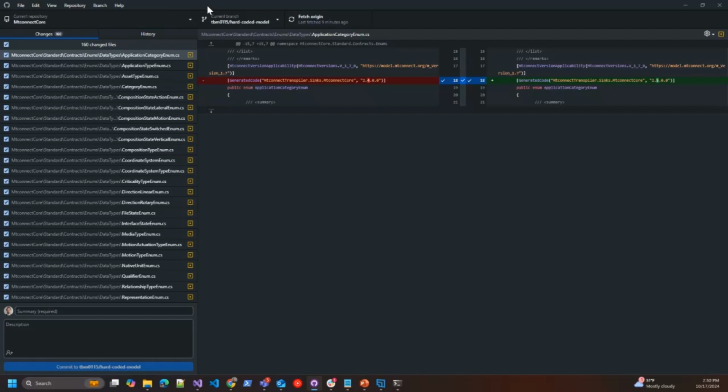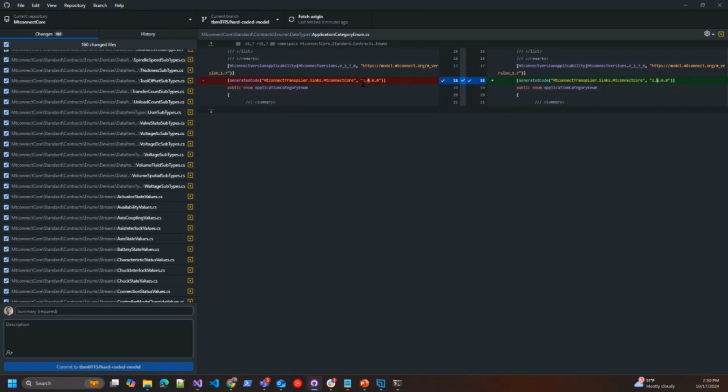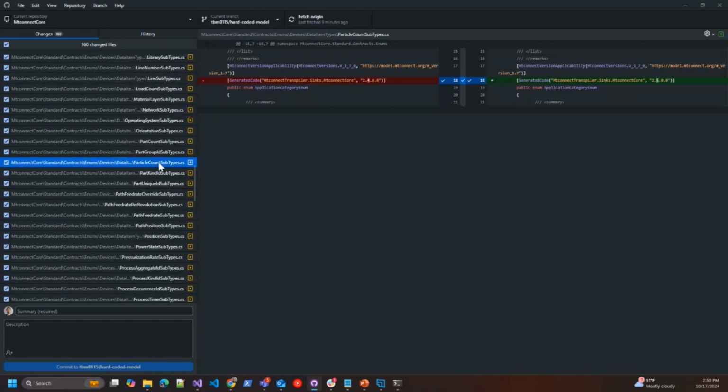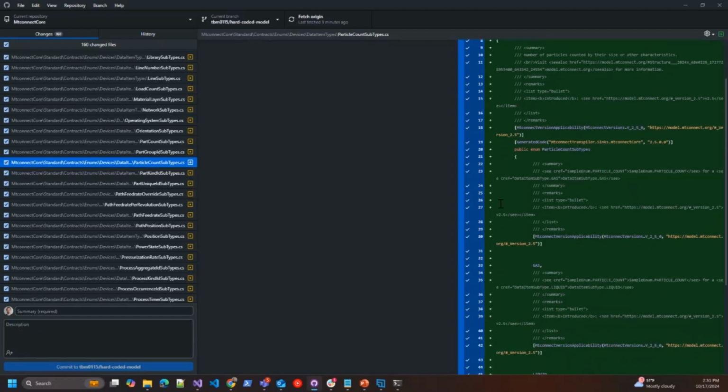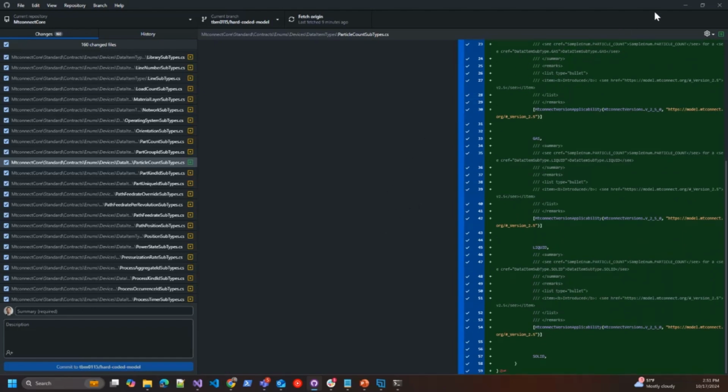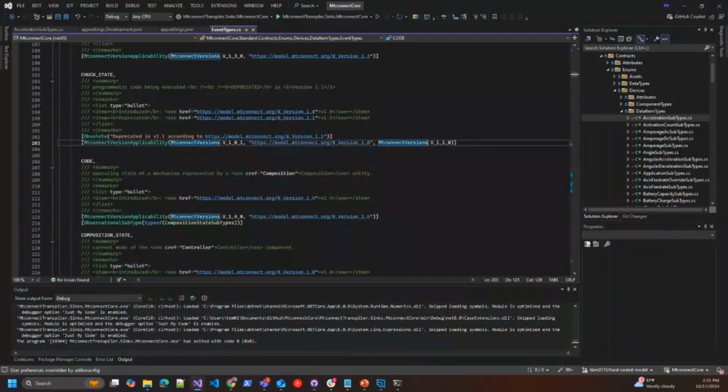If I look at GitHub Desktop, this was a completely fresh branch. And after running the transpiler, you can see there's just a ton of files that were changed. In this case, a lot of the changes were simply an update from version 2.4 to 2.5, but you'll see that some items were actually just introduced in version 2.5. So this is a kind of a sneak preview into what's coming in MTConnect. The particle count has been added. Here's that.